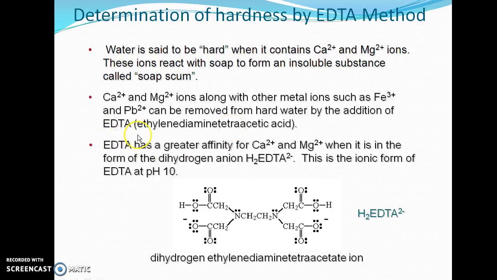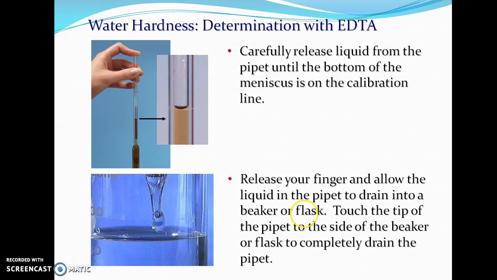That EDTA has a greater affinity for calcium and magnesium when it is in the form of dihydrogen ions. This is the ionic form of EDTA. When that EDTA is reacted with the calcium and magnesium ions, it forms a stable complex of calcium and magnesium. Now this determination of hardness is done experimentally using titration, with the glassware burette, pipette,